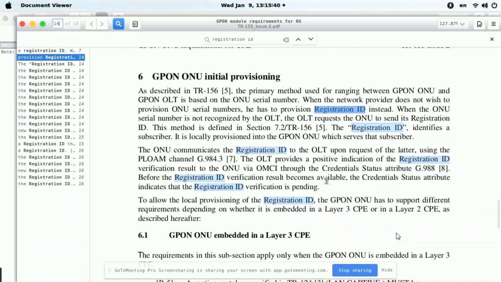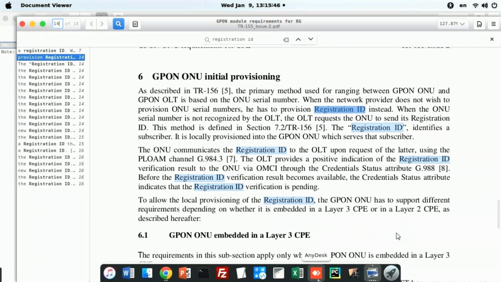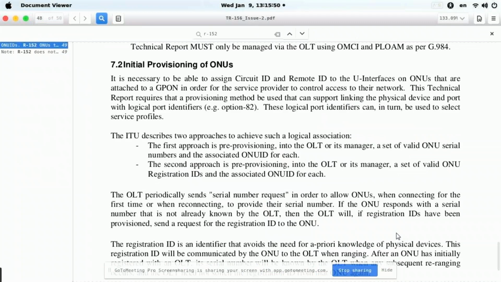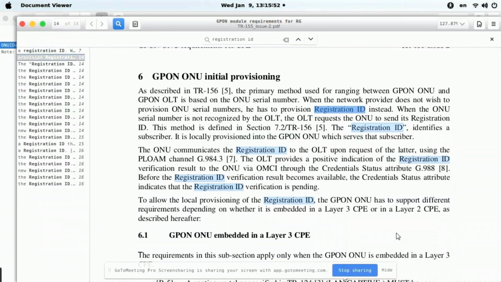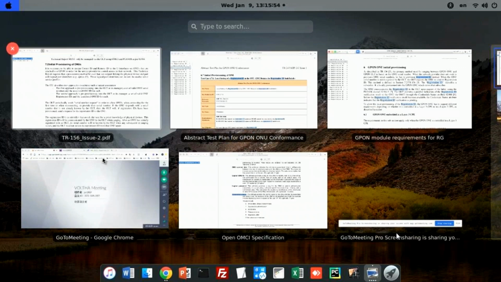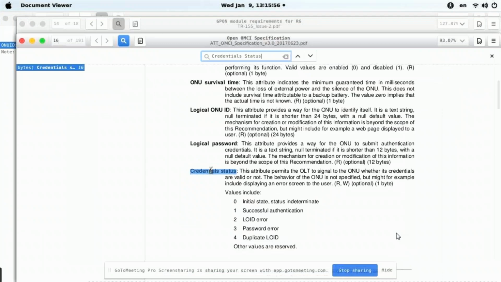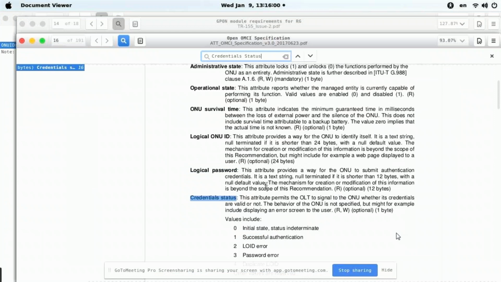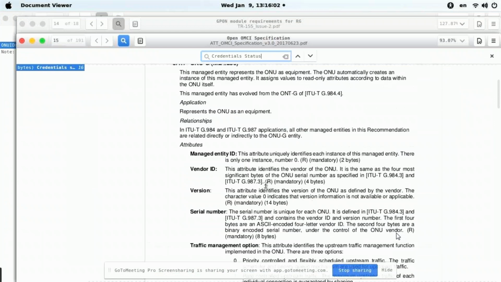And in the protocol has defined the credential status. This status is defined in the